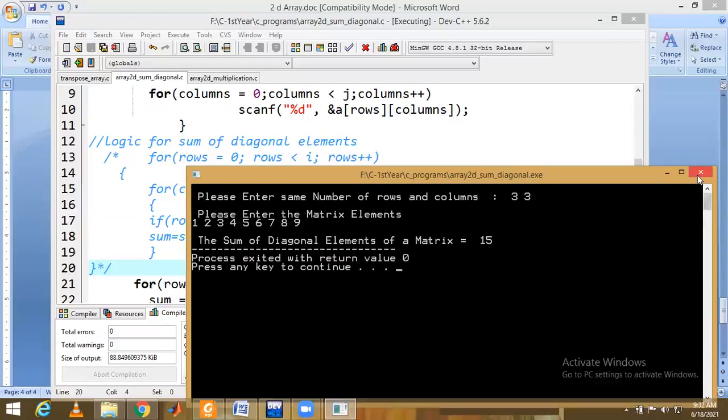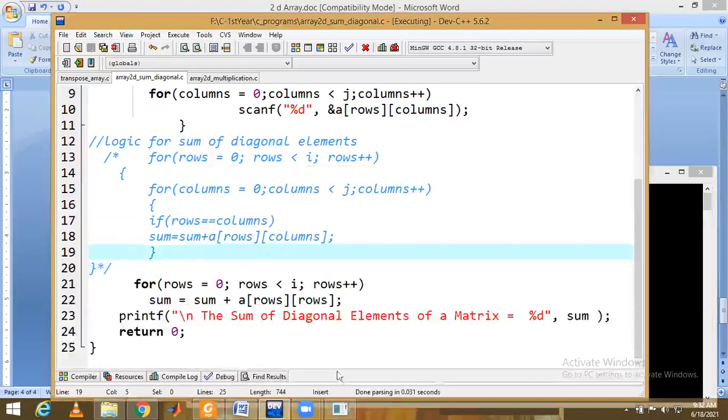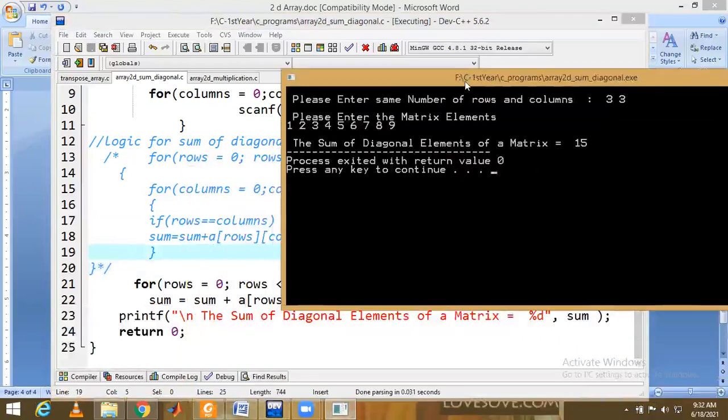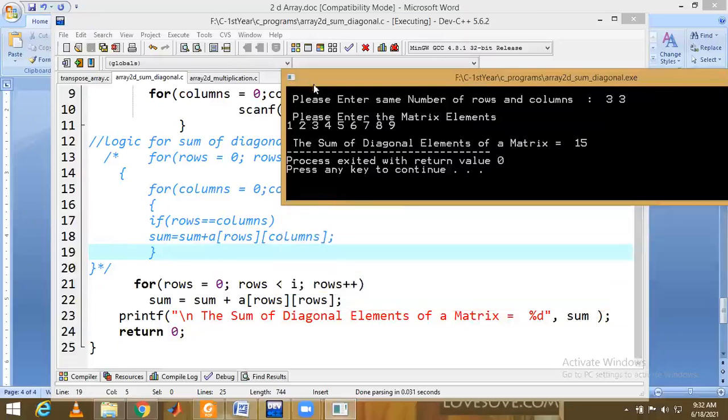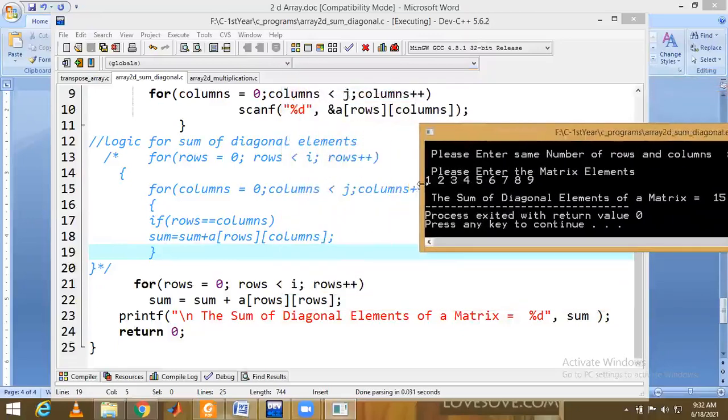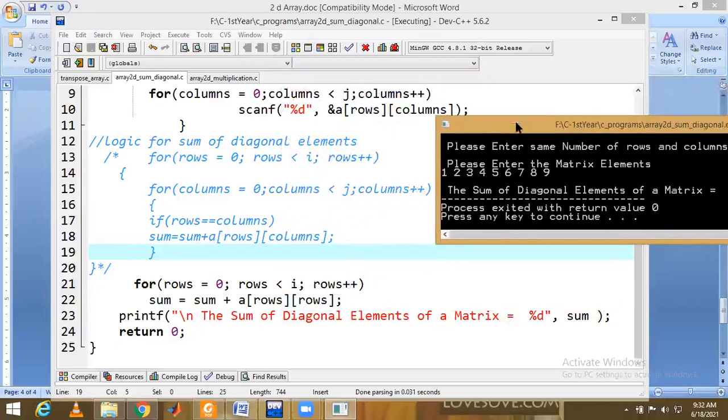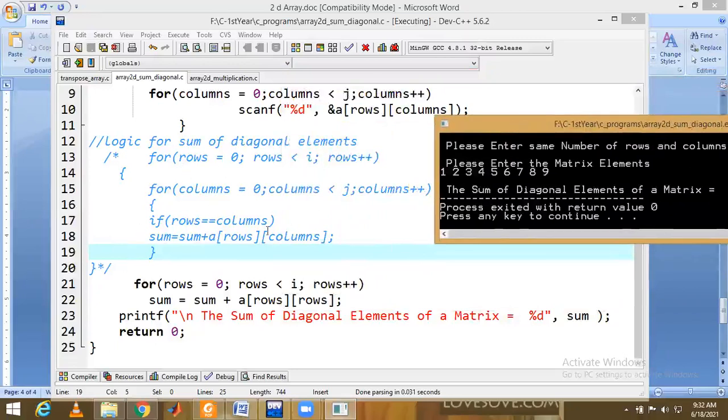Does anybody have any doubt? Please ask now. In both ways, I have got the same kind of result, but the logic was different. In the previous way, I did this the obvious way, using both loops, the I loop and J loop, and there was nesting also, which I have commented out at present, right? So program and output both are visible to all of you.